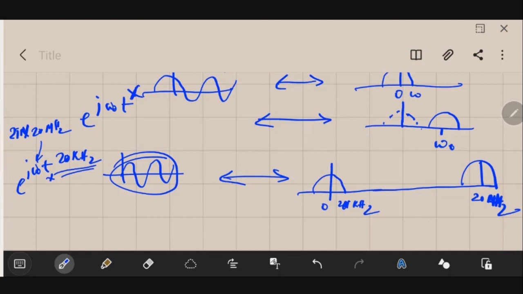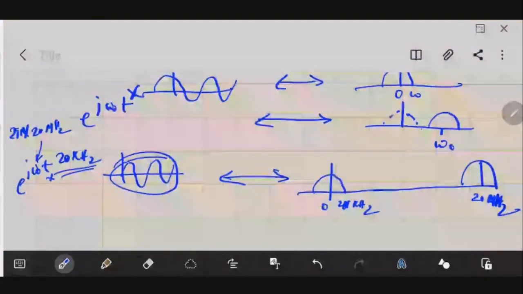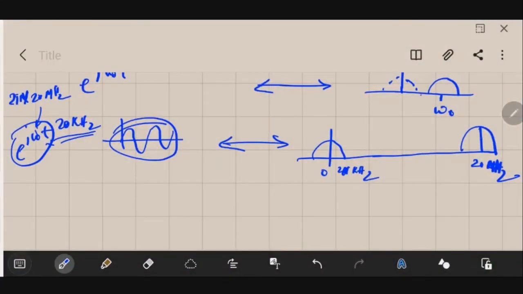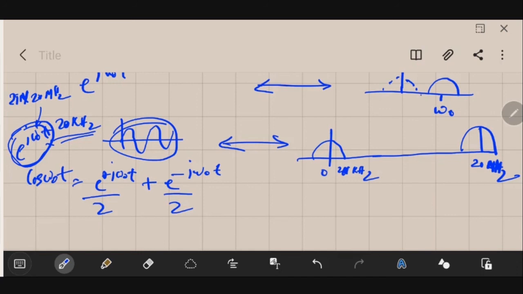When Fourier came up with this Fourier transform, maybe he would never have been sure that it could be used in this way. What we are essentially doing is, it is really difficult to generate this exponential signal. So what we normally do is multiply by cos omega 0 t or sin omega 0 t, because they are actually made from e to the power j omega 0 t. By using Euler's formula, you could write cos omega 0 t as e to the j omega 0 t plus e to the power minus j omega 0 t, divided by 2. That means this cosine wave is actually made from these signals.